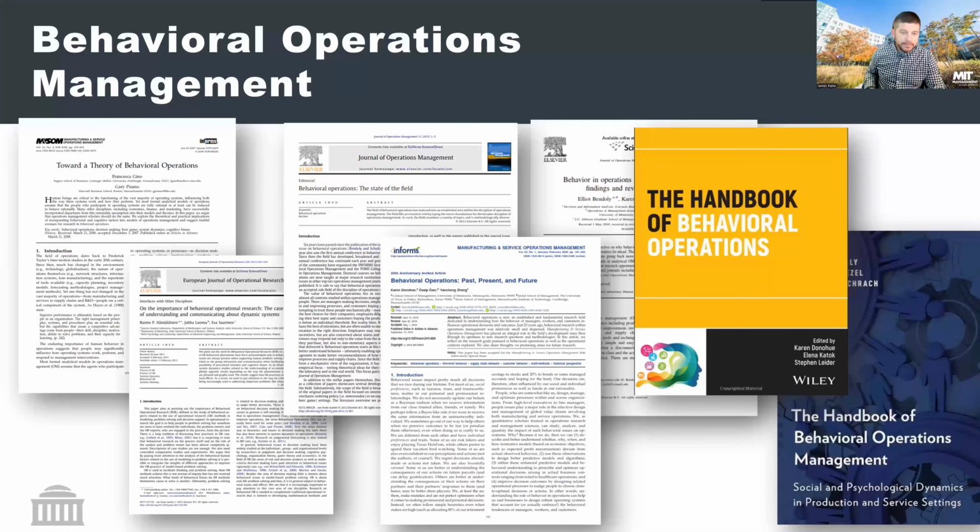These are just a few of the papers over the last few years that have worked on establishing BOM within the larger OM and OR communities. And there are also a few pieces in here that directly connect behavioral operations management to system dynamics, notably a chapter in the Handbook of Behavioral Operations. And additionally, some pieces talking about using system dynamics as a structural language for behavioral operations